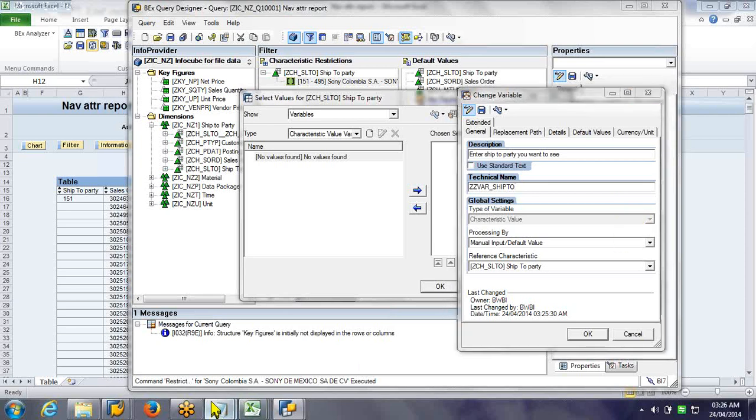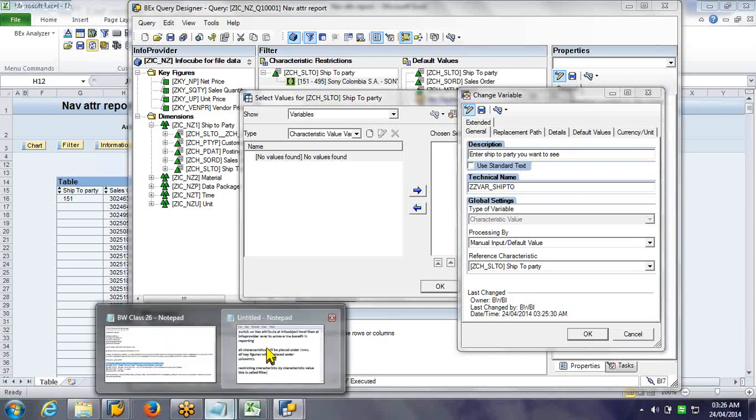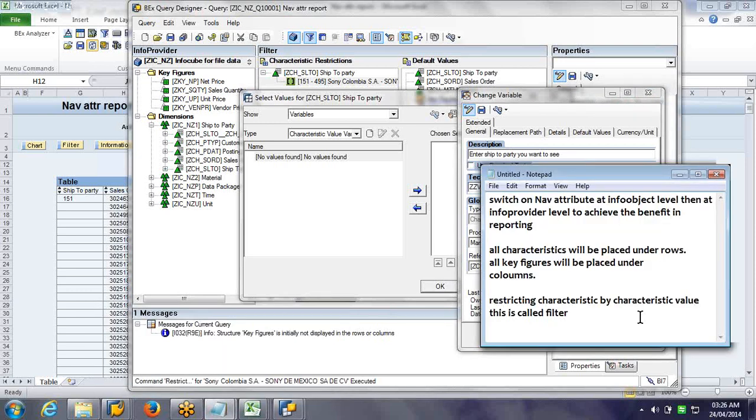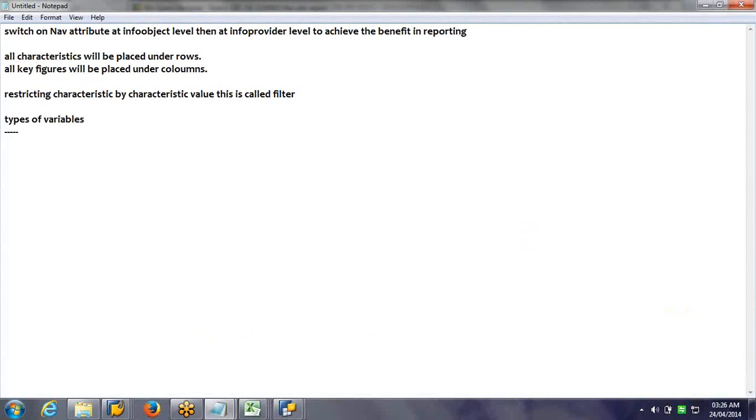So there are different types of variables. Characteristic, just 5 to 10 minutes and then I will close the session.